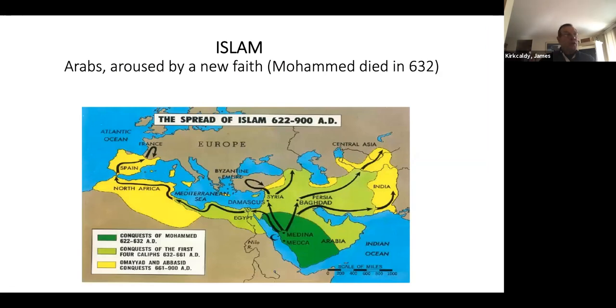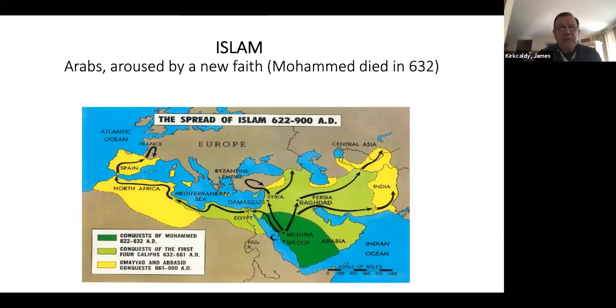Okay, I mentioned already Islam. Islam is going to be probably the most advanced civilization in the world, with the exception of China. And we owe so much to this civilization that probably Columbus's voyage in 1492 would not have been possible without the contributions that the Islamic world made. Okay, so what's going to follow next is just a list of some of their inventions and some of their contributions. So it's not like you have to know them all, but it's also important that you see how large